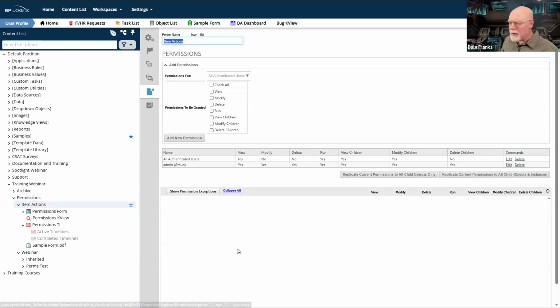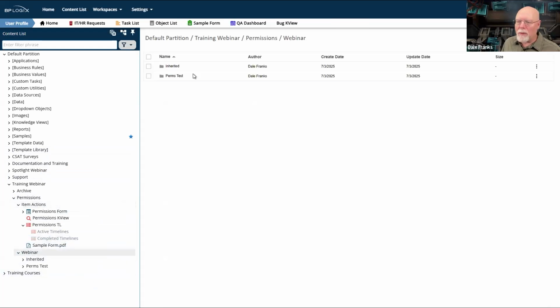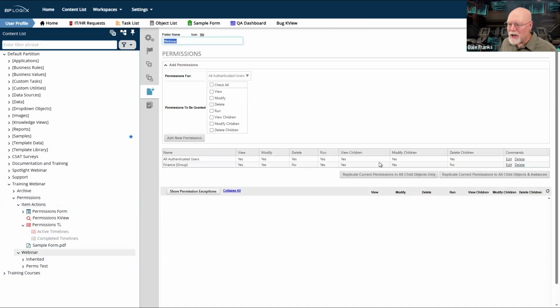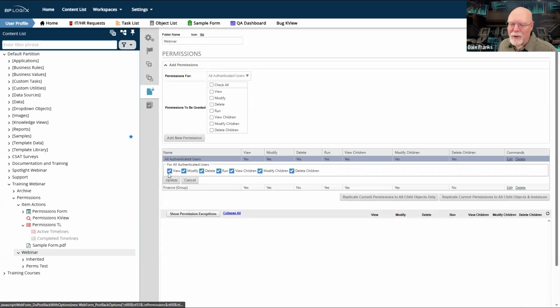There's something else that we need to explain here that is very important, and that is whenever we set our permission. So whenever we went here to webinar and we set these more restrictive permissions and we went ahead and replicated them, I thought we set restrictive permissions here. Apparently we didn't. So what we would want to do here, maybe I just didn't save it after we did it.